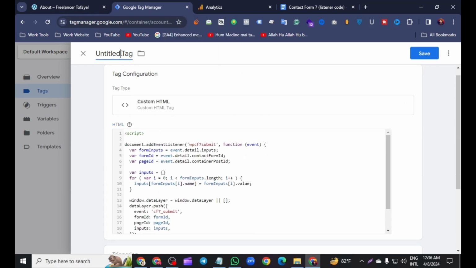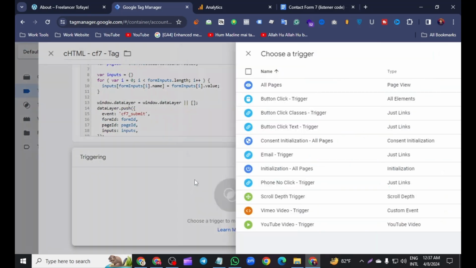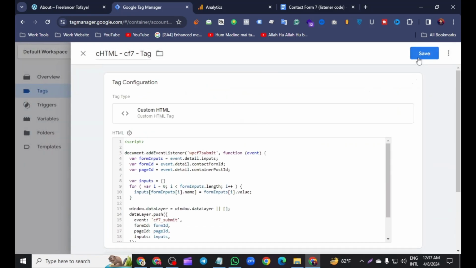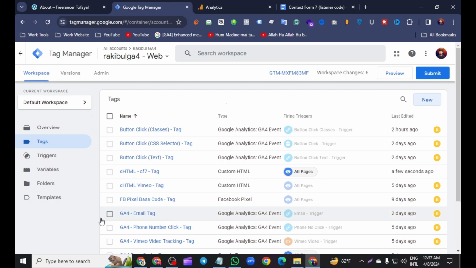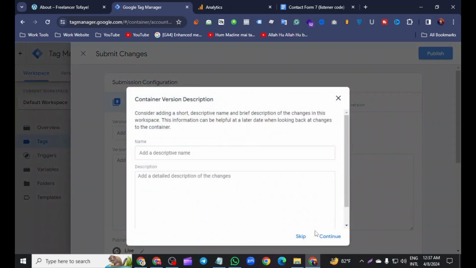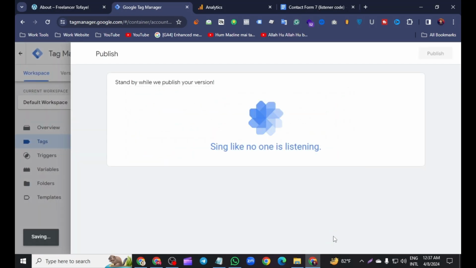and write the name of this tag. So Custom HTML, CF7 contact form 7 tag. Okay, and just trigger it on all pages and save it. That simple work is already done, and now we can track our Contact Form 7. So just click preview and see whether our listener code actually works or not. Then publish it,